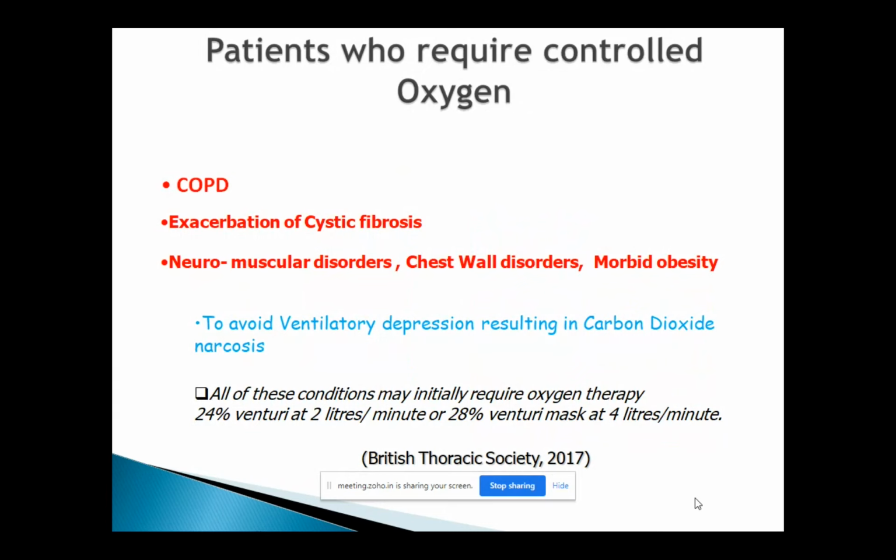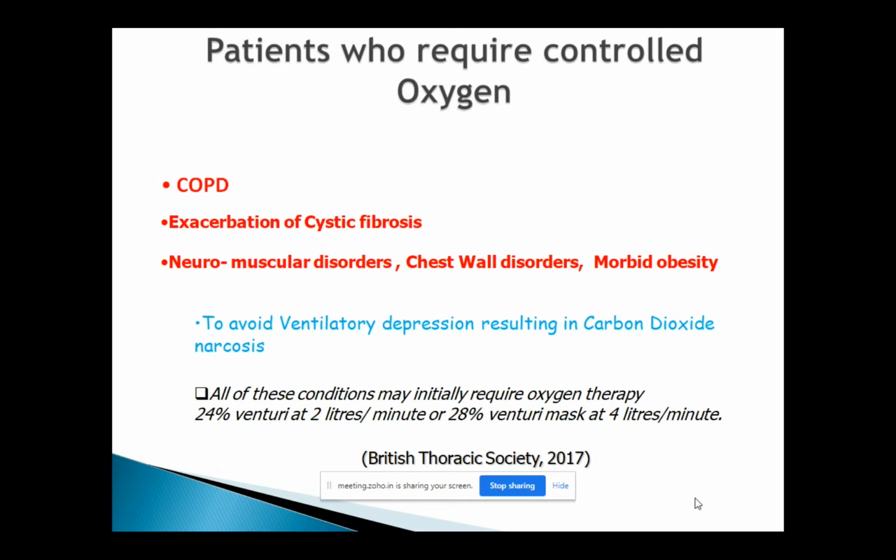For all of these conditions, I want you to be very clear about this. Start with oxygen therapy of 24% Venturi, which is your blue valve, and it will say 2 liters, and then you can slowly increase to 28. The advantage with these devices is, if somebody is not achieving their oxygen saturation, you could start them on a basic low one, which is your 24%. Start them, monitor them, do their saturation, and see how they're responding. Obviously, whatever their underlying problem, the treatment would also have been started. And if they're not achieving the saturation, then you can go to the next step.